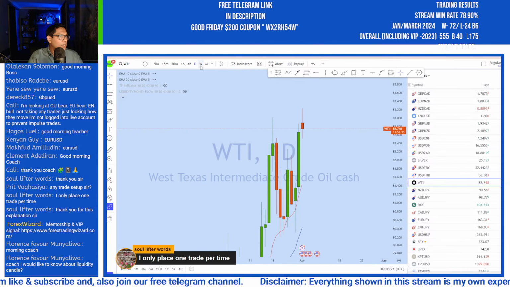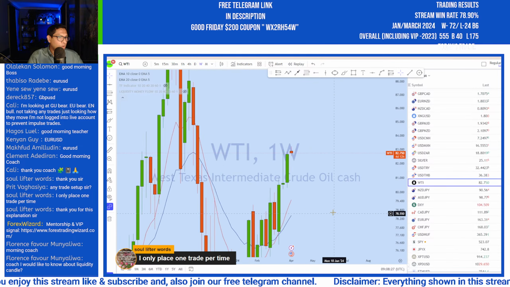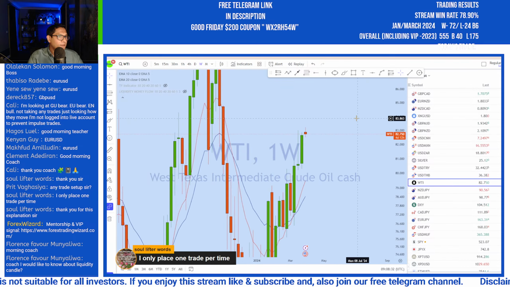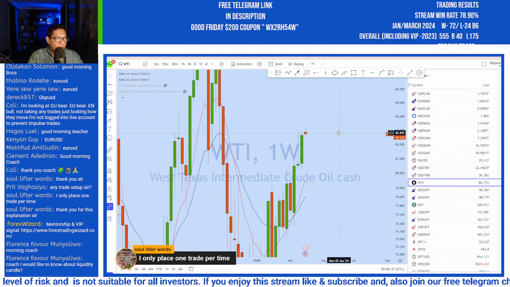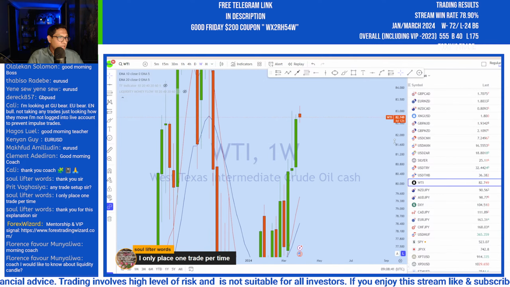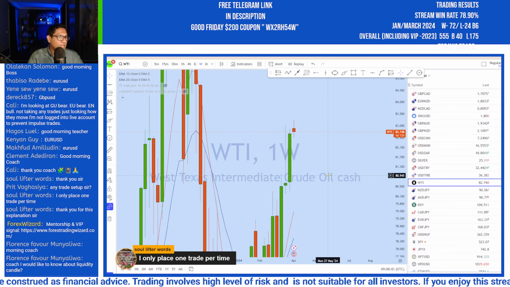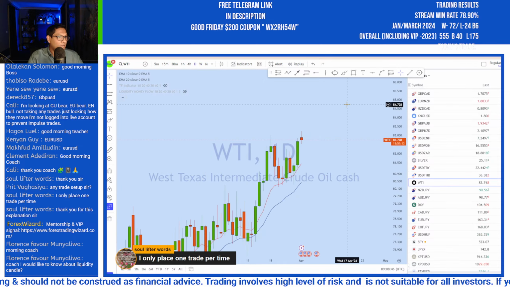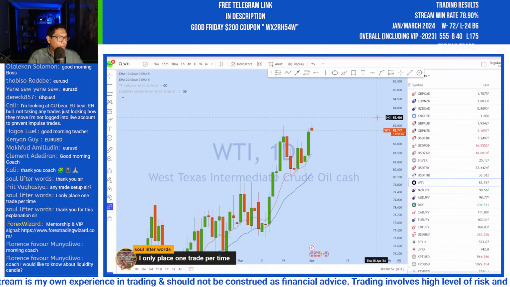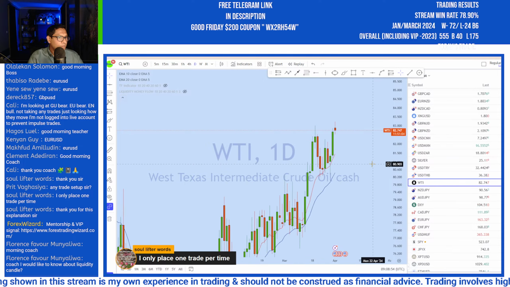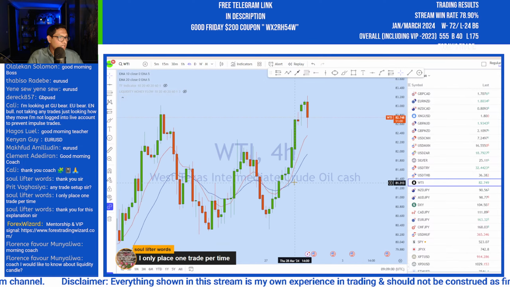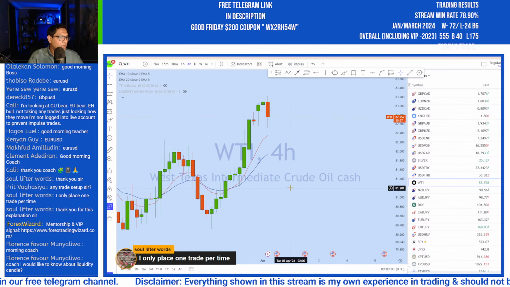If I look at the weekly chart on WTI, we can see this is a very clean impulsive move to the upside. Because it's in a very strong uptrend and the market has broken that high, any deeper pullback can give us again an entry opportunity to the upside. Now looking at the daily chart on WTI, here is the daily move. Then I look at the intraday 4 hour, where you can see this pin bar is